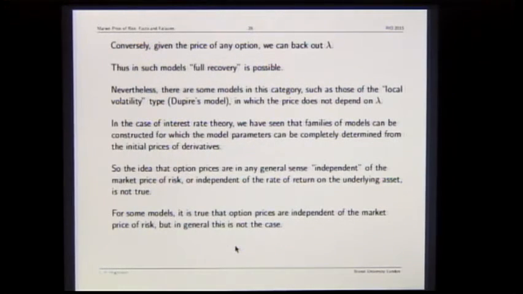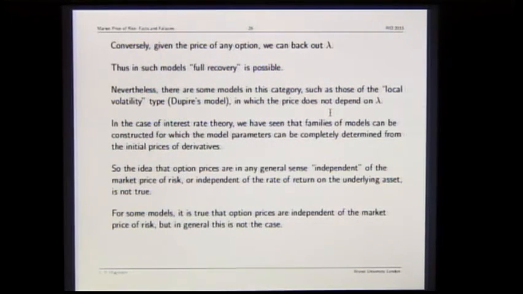In other words, given the price of any option, we can back out the market price of risk. So such models have full recovery. Nevertheless, there are some models in this category, that's to say stochastic volatility models for which the stochastic volatility is driven by the same Brownian motion as the asset, for which the price doesn't depend on lambda. And amongst these, for example, are models of the local volatility type, or Dupire type models, where the volatility is some suitable function of the asset price itself at time t and maybe time as well. So the fact that such models don't depend on lambda